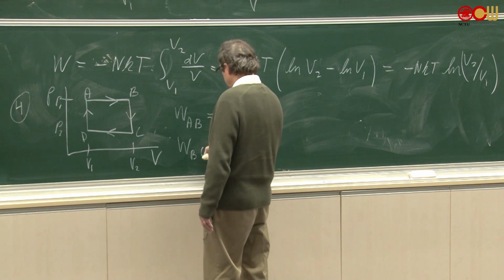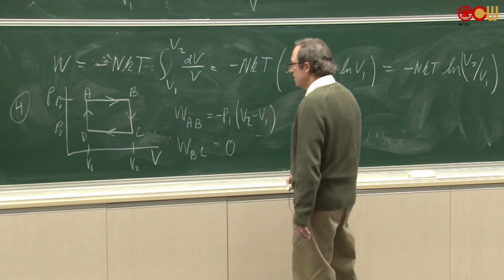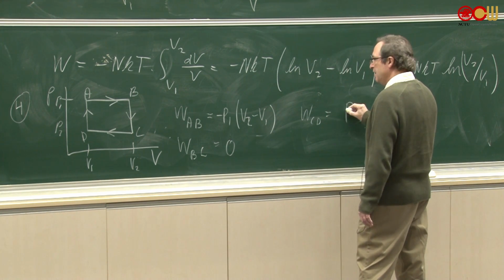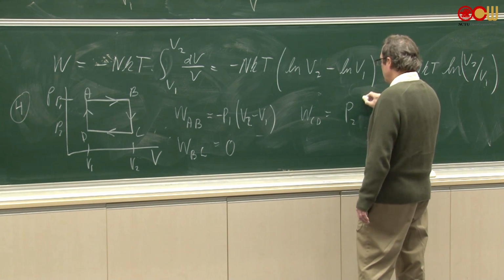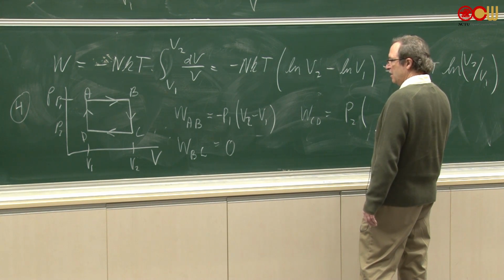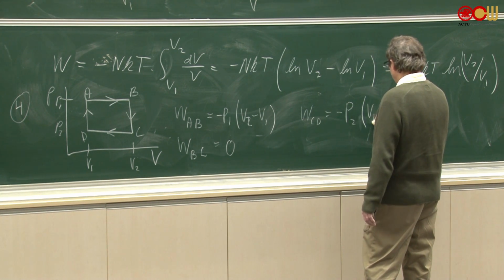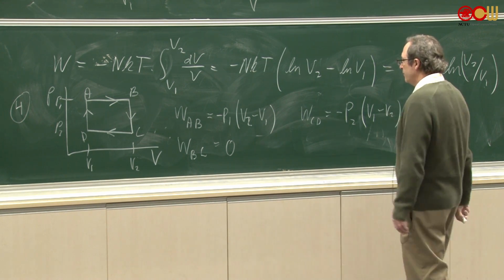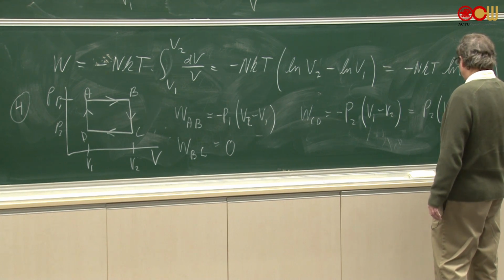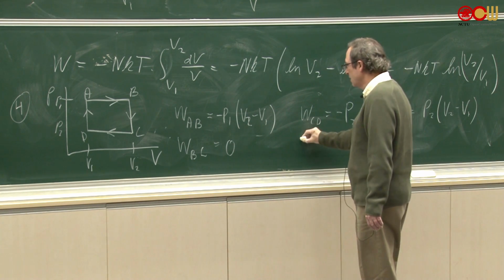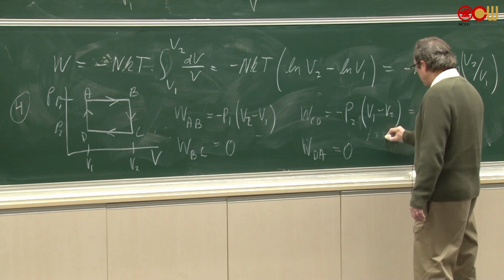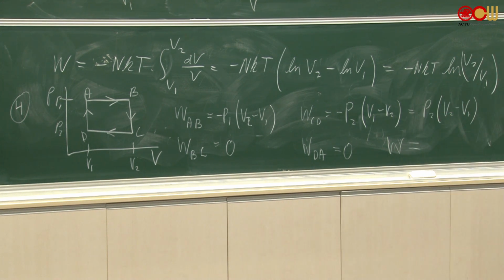W_BC is 0. W_CD is P2 times minus V1 minus V2, which equals plus P2 times V2 minus V1. So the work is positive. And W_DA is 0. So the total work, if you add it all up,